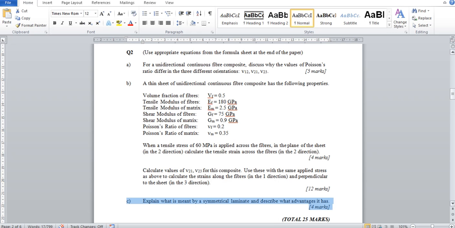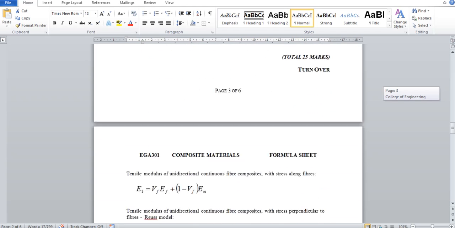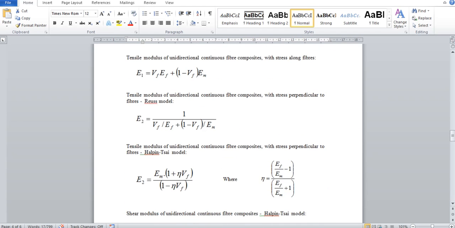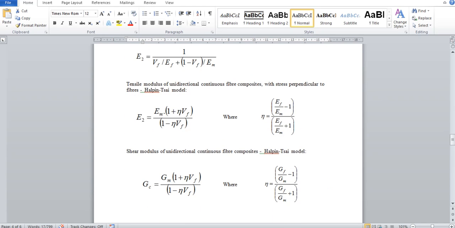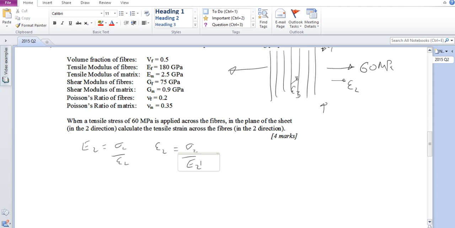Going to the formula sheet in the exam, down at the bottom it gives us two different ones for the modulus in the two direction. This one, the Reuss model, is the simpler one and doesn't work as well. So ideally use the Halpin-Tsai model, which is better and does work well. What we need to do in this case is work out this little value of eta, which is a function of the fibre stiffness and the matrix stiffness, and put this into this equation to give us the value of E2. So I'll just copy that across just so we know what we're doing. And if we work the values out with that,